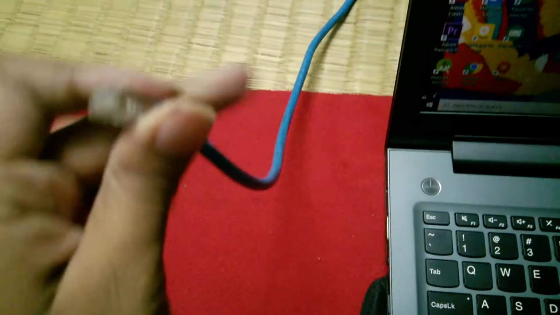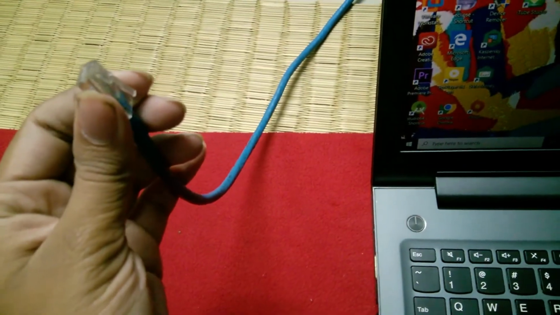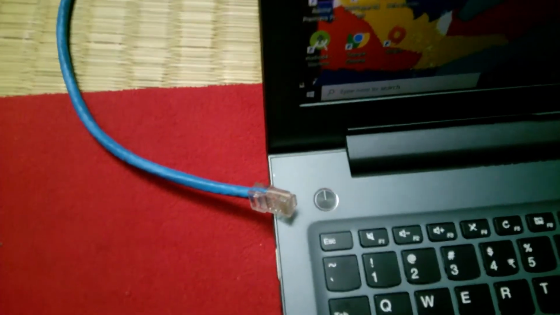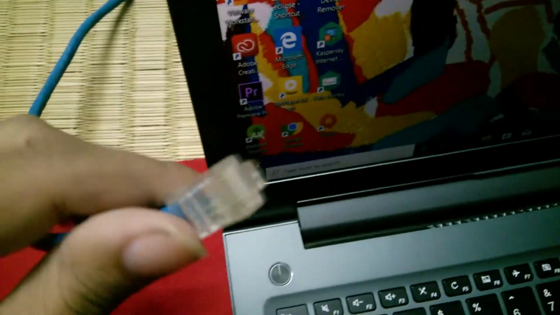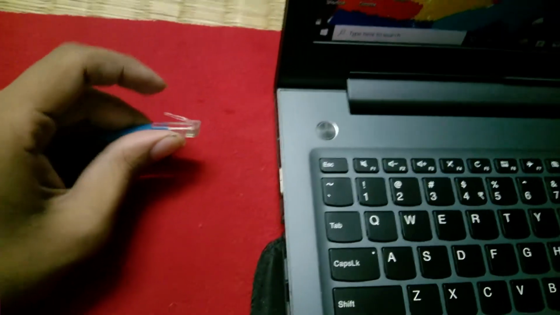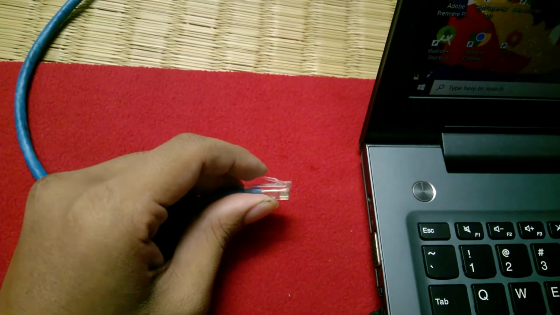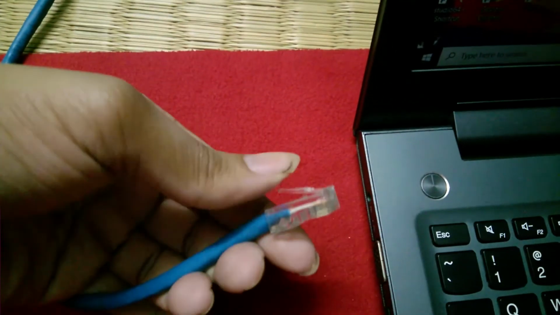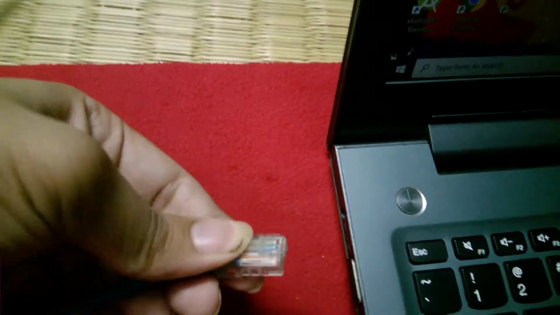Make sure that you insert it properly, otherwise the clip may be broken. This is a clip type system. First just give a small amount of pressure there, and after that,